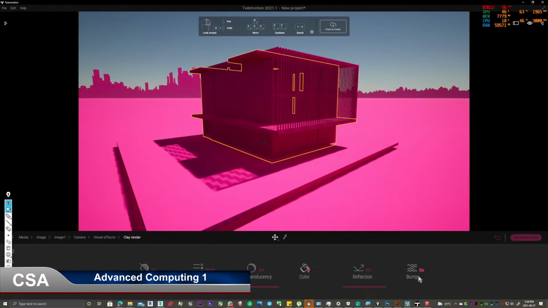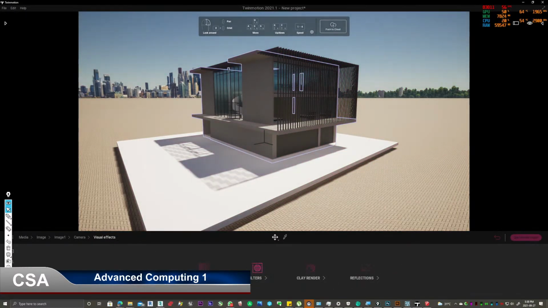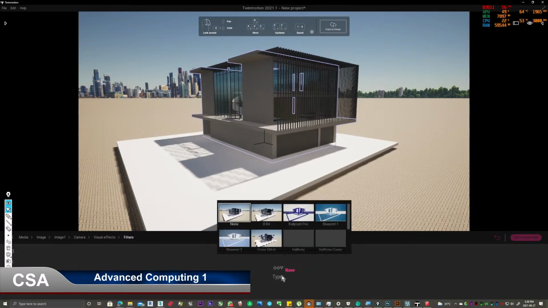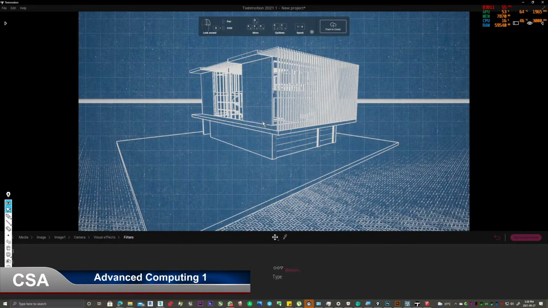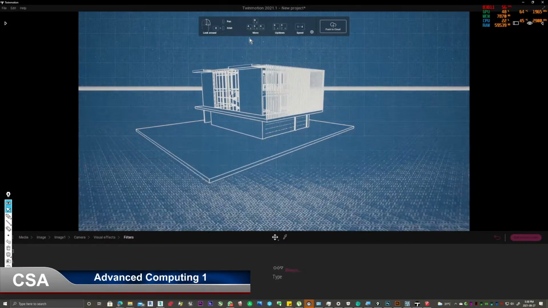And then this would be like textures, but there's no textures in here. So, you know, that's kind of okay. Let me turn that off. Apart from that, they have these interesting, is it filters? Right, they have these filters you can use. So for example, blueprint, they have a blueprint filter. Now the thing with this is that